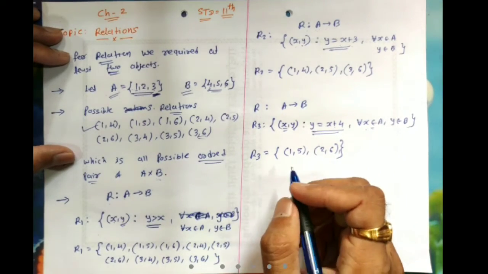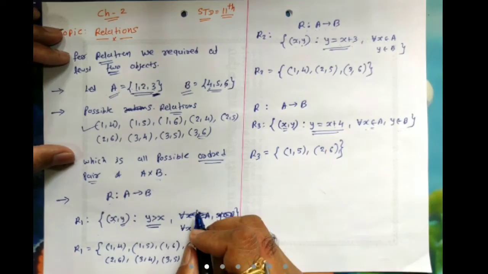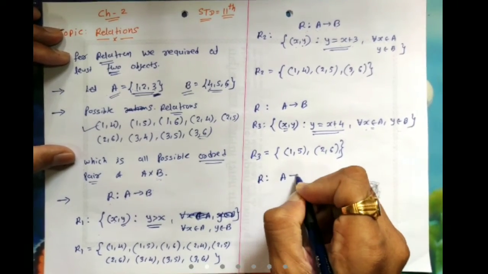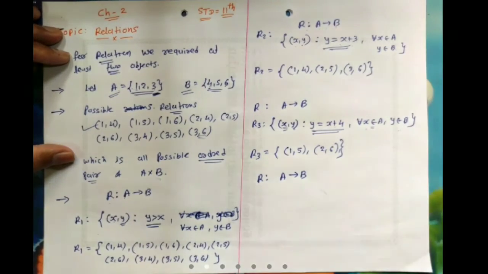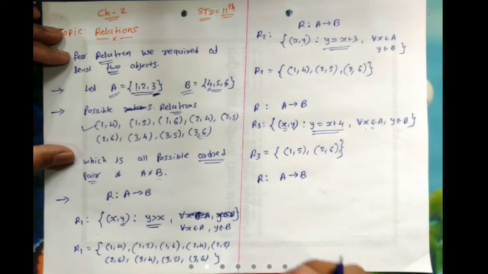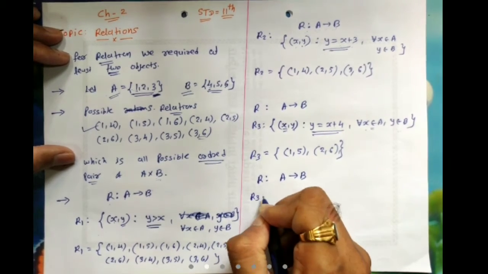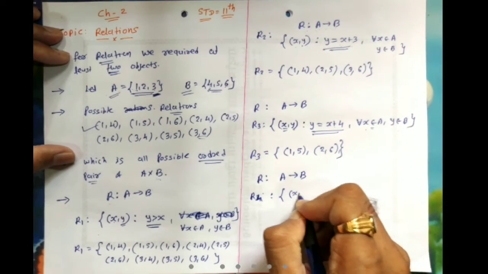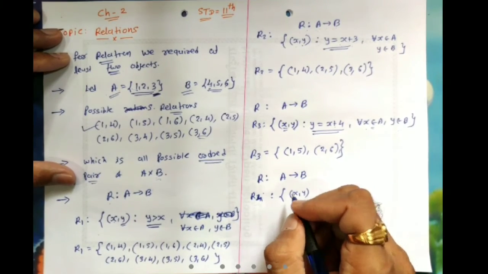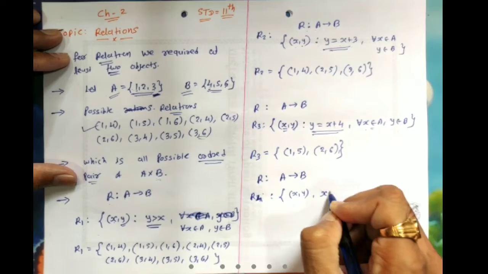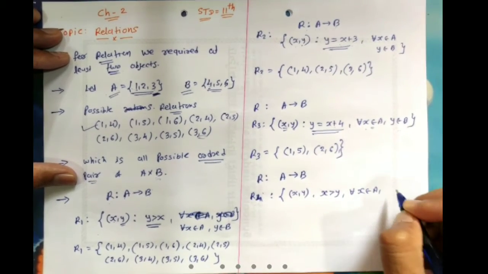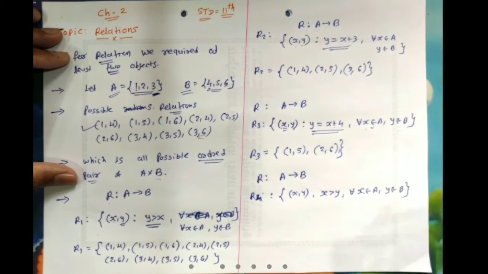Is it always like that, that we are getting a relationship between set A and set B? कभी कभार ऐसा भी होता है कि सेट A का सेट B के साथ कोई रिलेशन ही ना हो. कैसे? For example, set A is related to set B by no relation, कोई रिलेशन नहीं है. Suppose we are describing one more relation R4, in which we are getting ordered pair (X, Y) by the condition that X is greater than Y, where every X belongs to set A and Y belongs to set B.